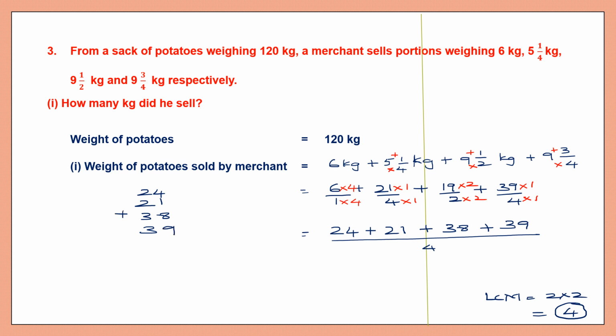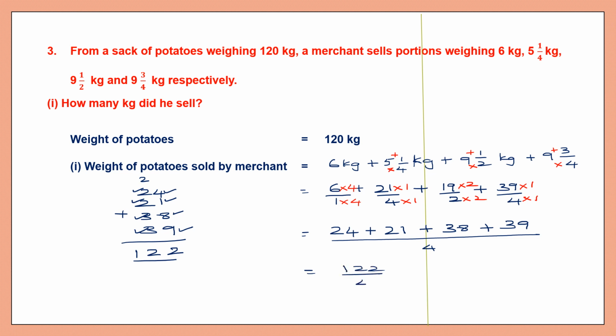Let's add up all these. Now 4 plus 1 is 5. 5 plus 8 is 13. 13 plus 9 is 22. Carry 2. 2 2s are 4. 4 plus 2 is 6. 6 plus 3 is 9. 9 plus 3 is 12. 122. So that is equal to